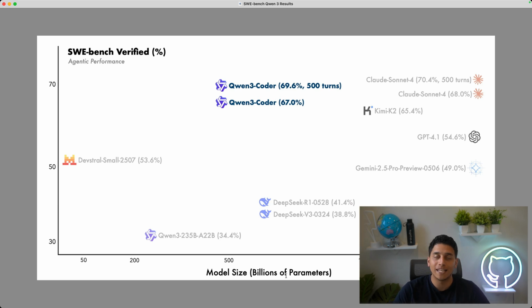Qwen 3 Coder, a state-of-the-art open source model from Alibaba, just dropped yesterday, and it looks incredible in the benchmarks. In this coding benchmark called SWE-Bench, it's almost as good as Claude Sonnet and better than a lot of other open LLMs and closed LLMs, including Kimi K2, which just came out a couple weeks ago. In this video, we'll go over how Qwen 3 Coder works, how it was trained, and how you can get